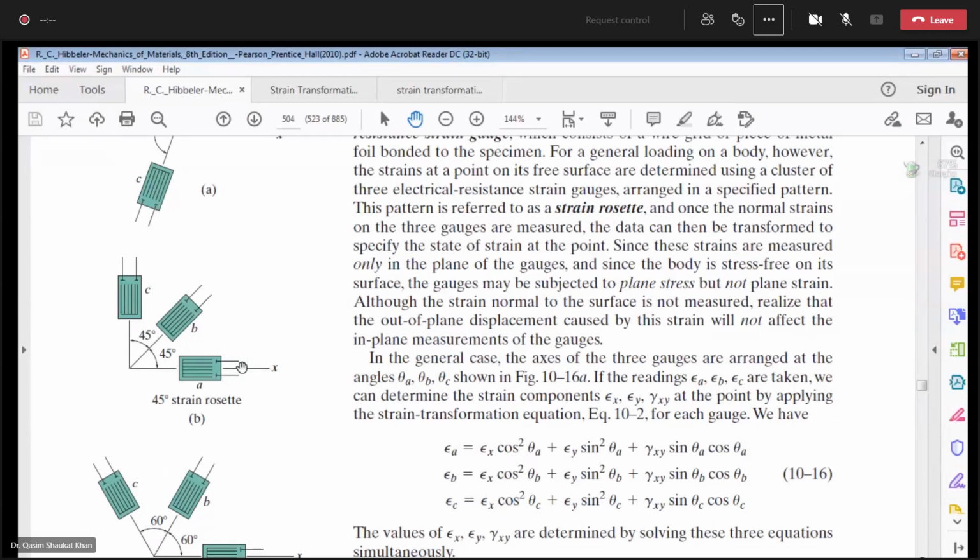इसको आप इससे कंफ्यूज ना करें कि वेदर दे आर एक्स वाई और जी। जैसे यू कैन सी दिस, अब ये वाली जो डायरेक्शन है, ठीक है, आपने एप्सिलॉन एक्स एप्सिलॉन वाई इससे भी तो कंप्यूट करना है, ठीक है, because they are defined, they are specified by the value of theta. अगर आपने सिंपल एप्सिलॉन एक्स और एप्सिलॉन वाई लेने, then you do not need this, ठीक है, आपको ये सिस्टम नहीं चाहिए, you just put one strain gauge along x direction, one along y direction, you get the value, ठीक है।